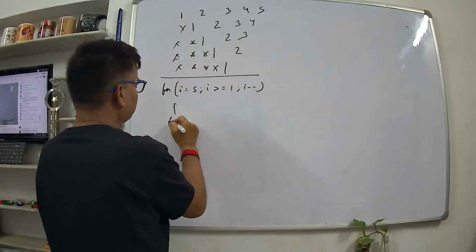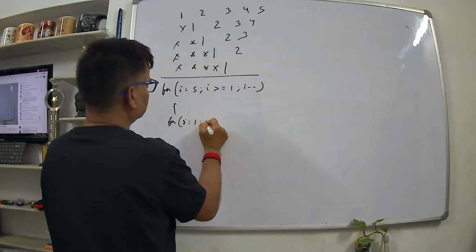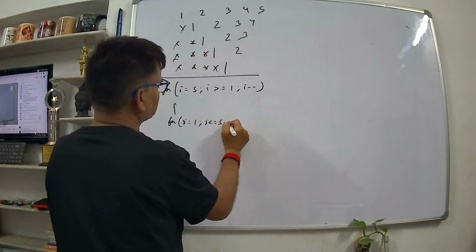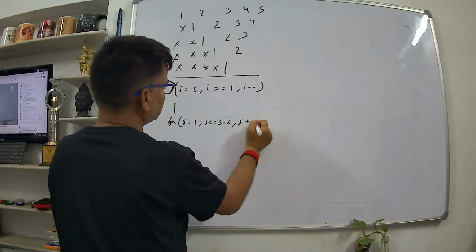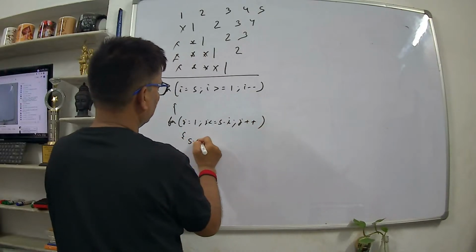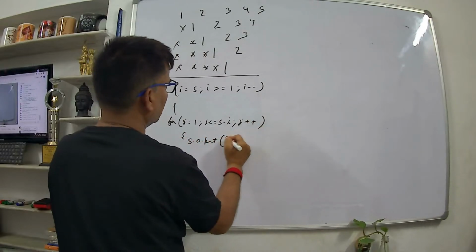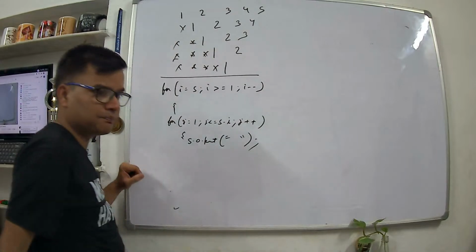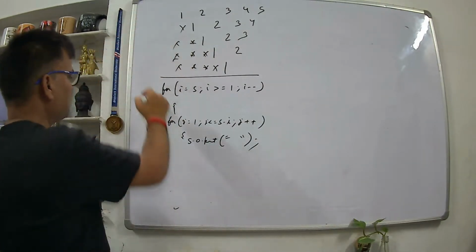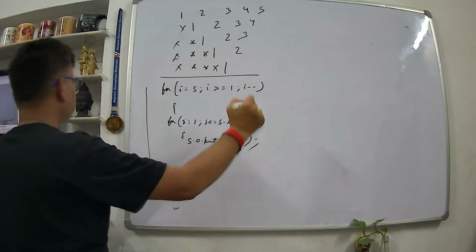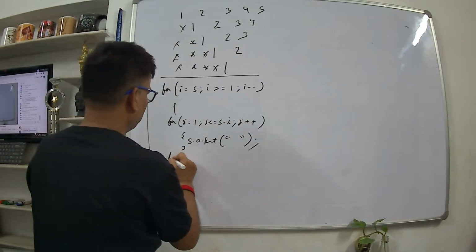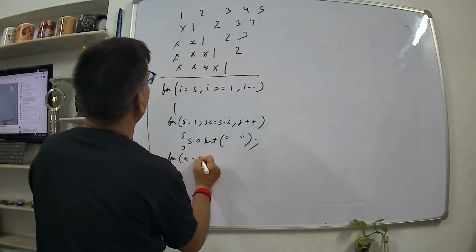Now, for j equal to 1, j less than equal to 5 minus i, j plus plus, System.out.print a blank space. Okay? So loop of i for coming down, loop of j for blank space,